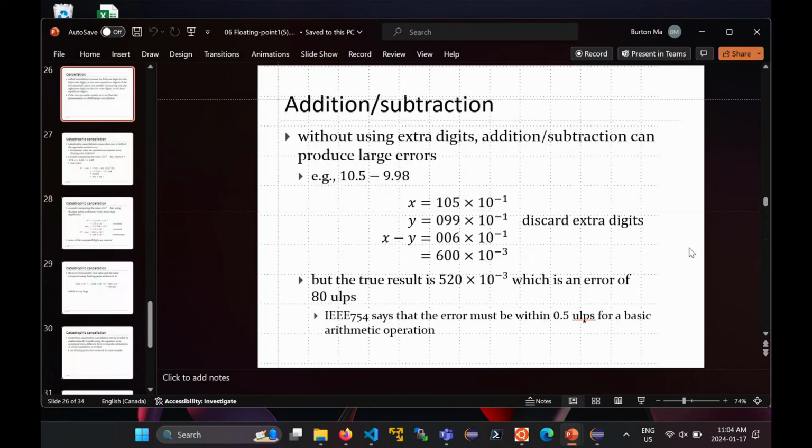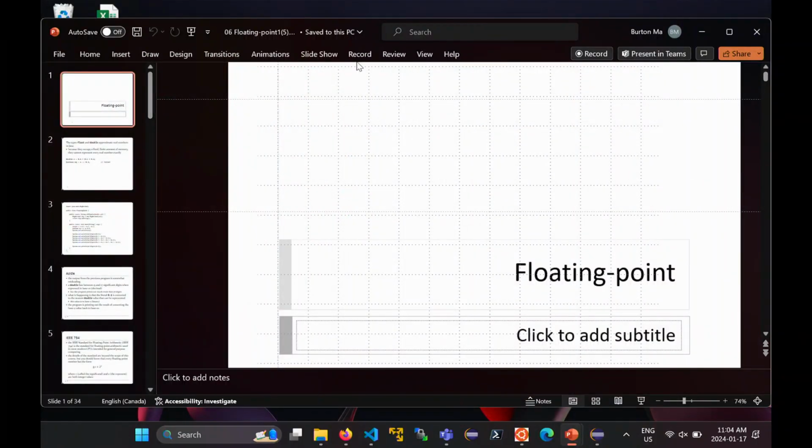All right, so the next lecture is the floating point lecture. All right, so this lecture introduces you to how floating point numbers are actually represented on your